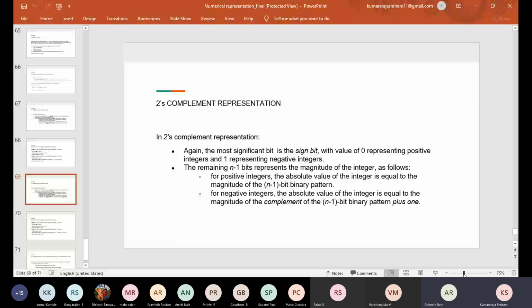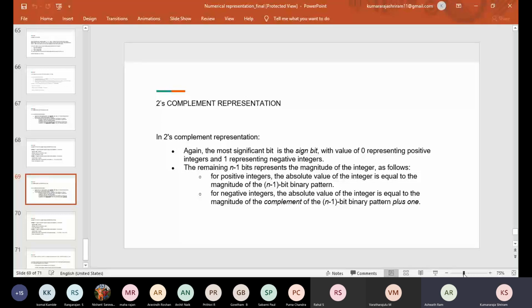So in the case of 2s complement representation, it's the same thing. The sign bit, the most significant bit, will give you the sign of the value. The only difference is the way we convert: we do the same steps as in 1s complement representation, but at last we add 1 to the entire value. That's how we get a 2s complement representation.